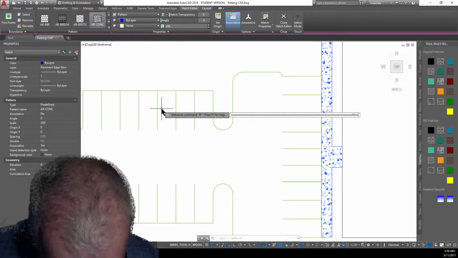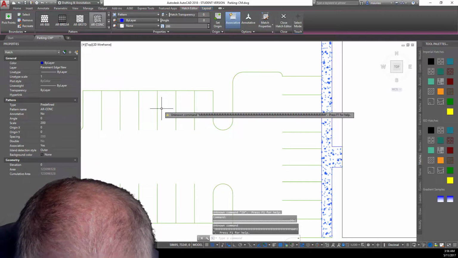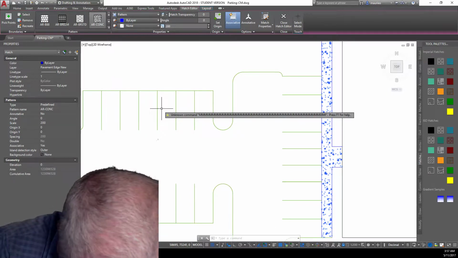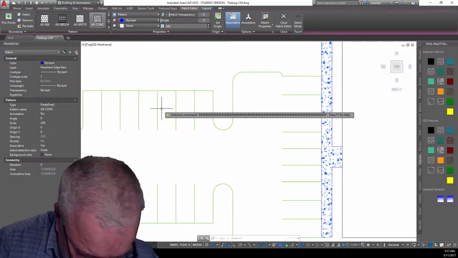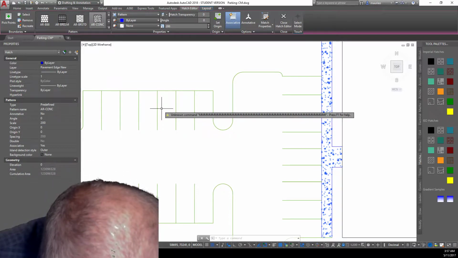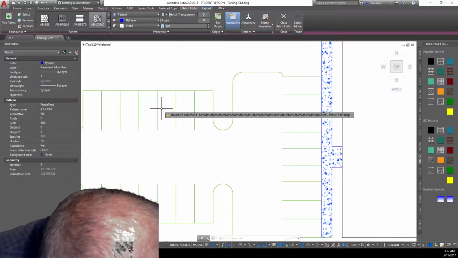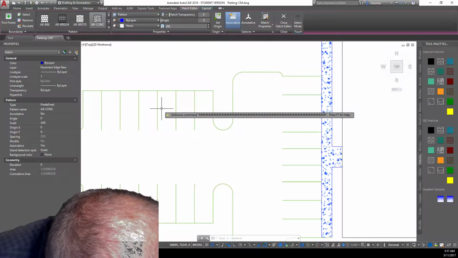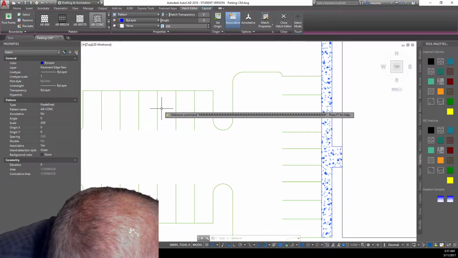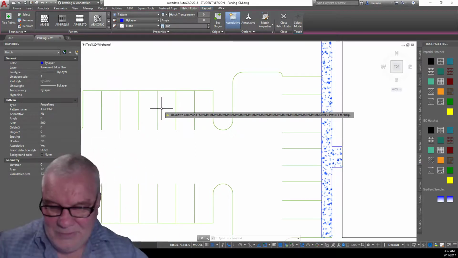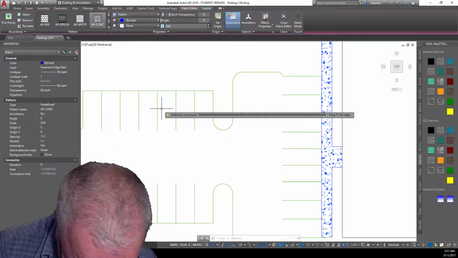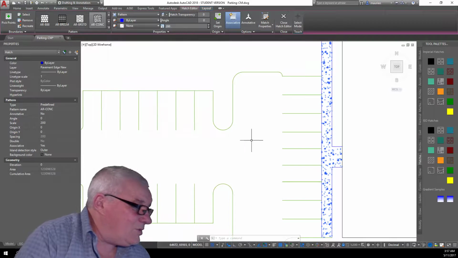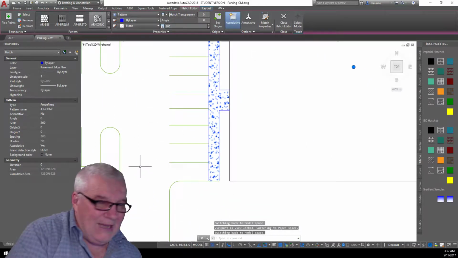Okay. Where the hell's the handicapped parking space? Doesn't look like there is any. The handicapped parking space is actually smaller than all the others. So you'd be able to park in there, but probably can't open the door to get your wheelchair out. Anyway, we'll highlight that one up there then with